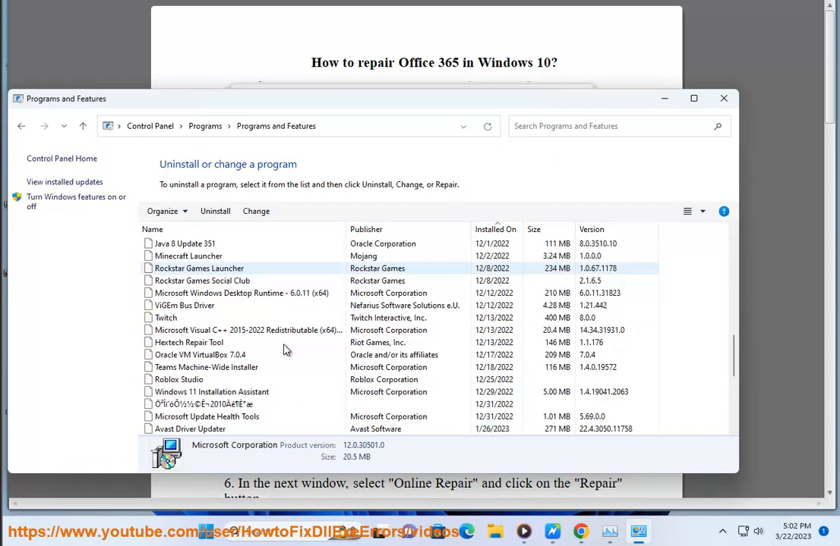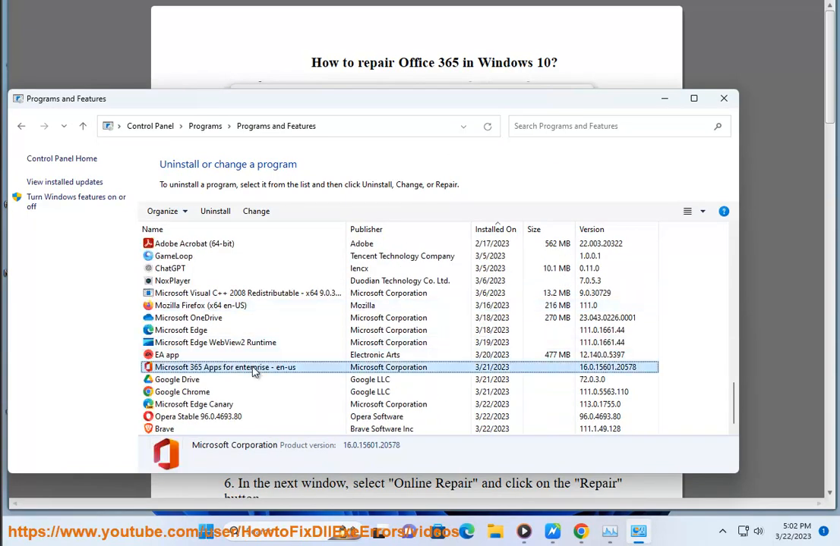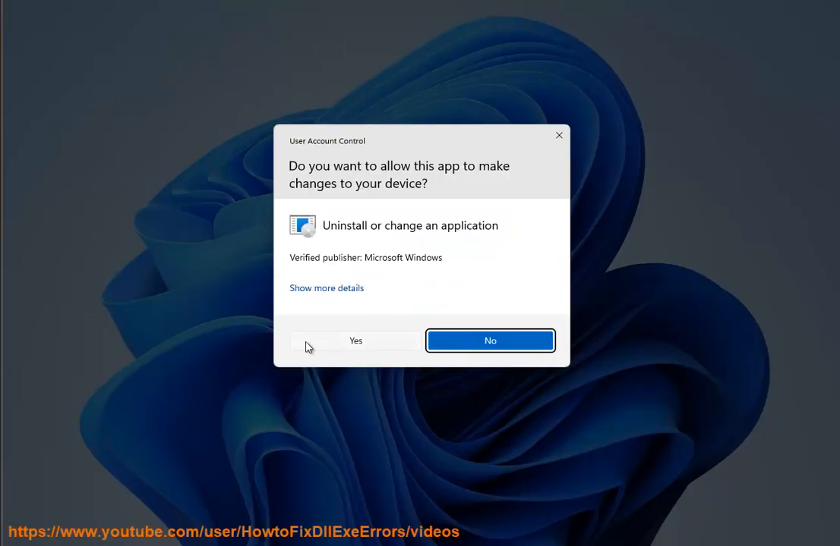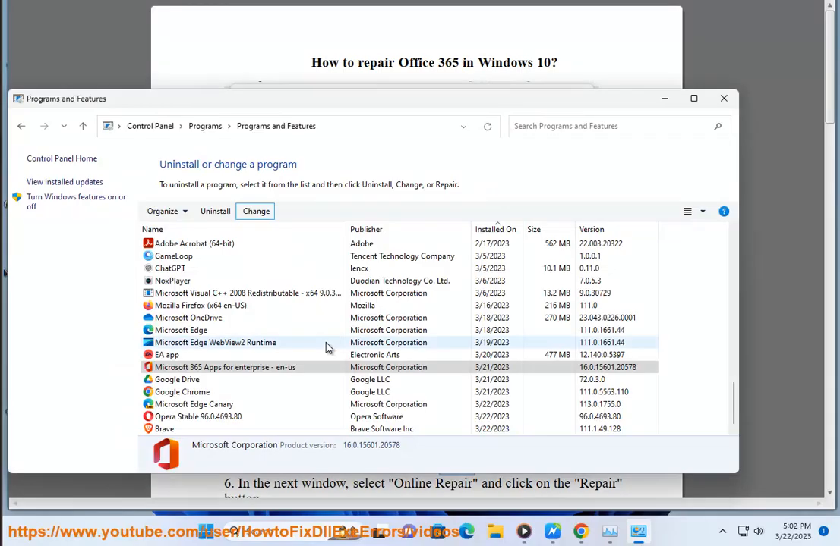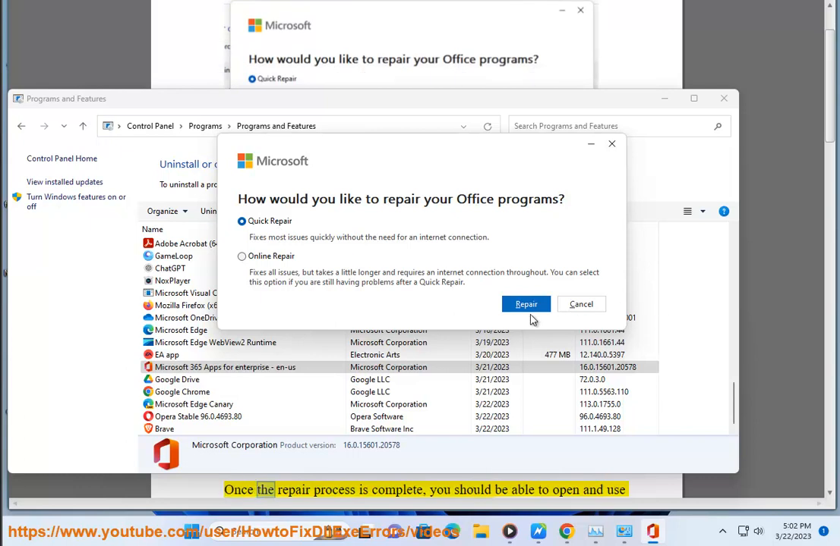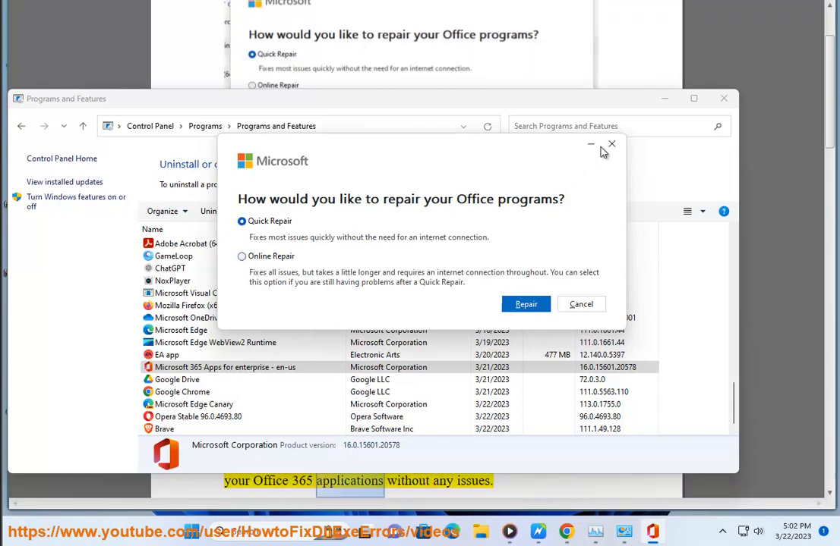4. Find and select Microsoft Office 365 from the list of installed programs. 5. Click on the Modify or Change button. 6. In the next window, select Online Repair and click on the Repair button. 7. Follow the on-screen instructions to complete the repair process. Once the repair process is complete, you should be able to open and use your Office 365 applications without any